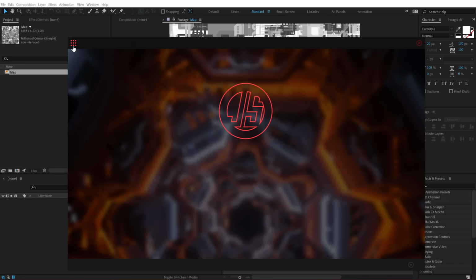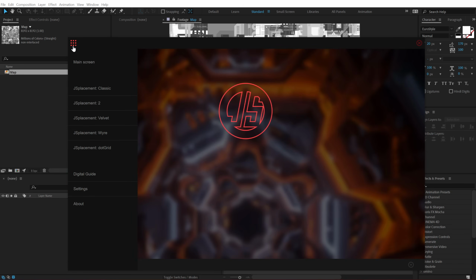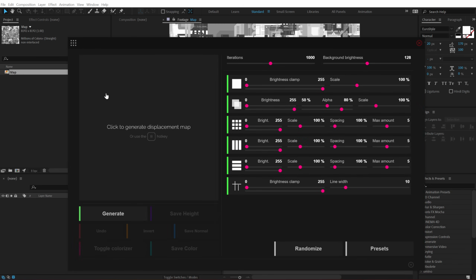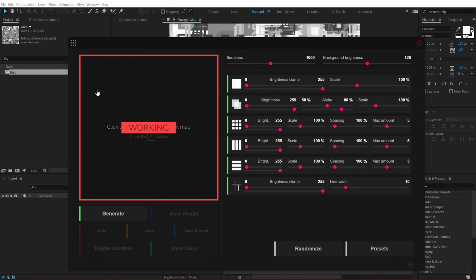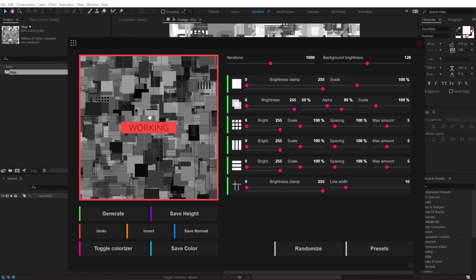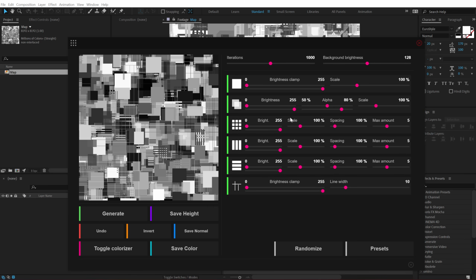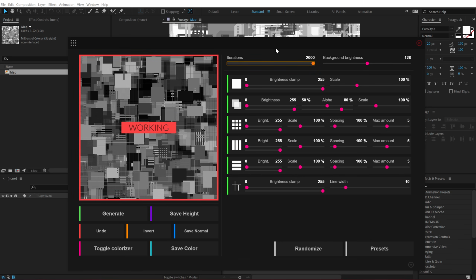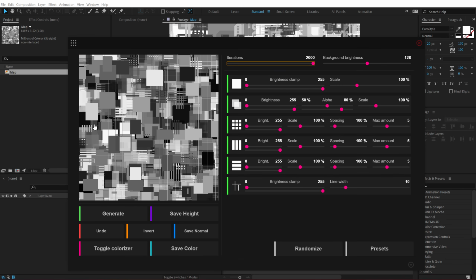So using this app is really easy. I'm going to quickly give you guys an overview. Go right here and there we have five different options to select from. I personally like to go with the Displacement Classic, and all I have to do is hit R, the hotkey, and it's gonna generate a really random glitch map. There are a number of different things that you can do here. I'm not gonna go too deep into this, but the main controllers according to me are the iteration and the background brightness. I always like to keep it all the way up to 2000,